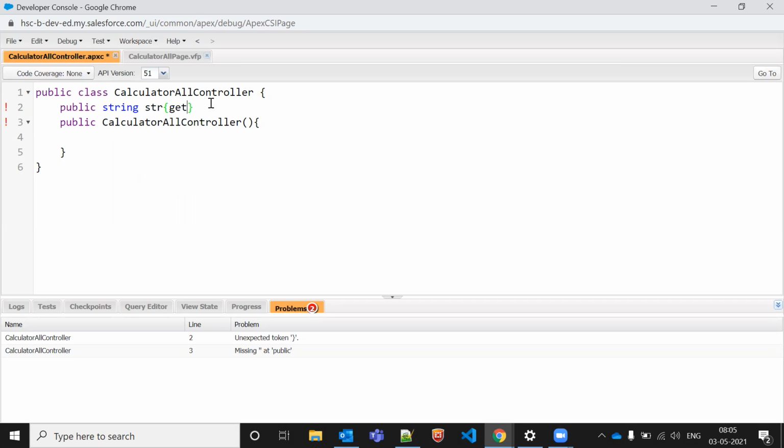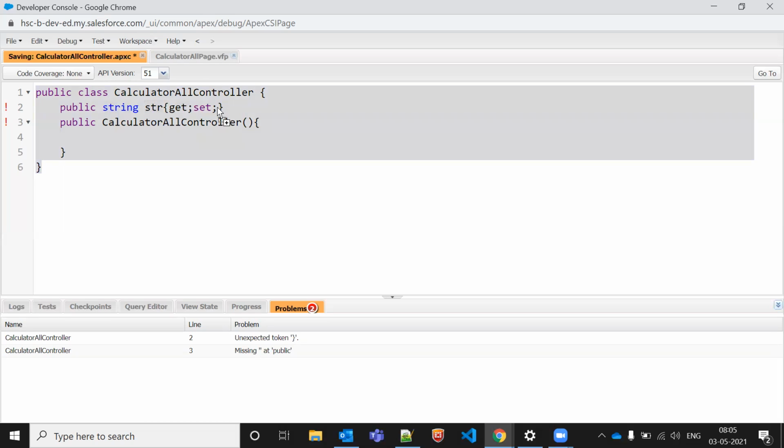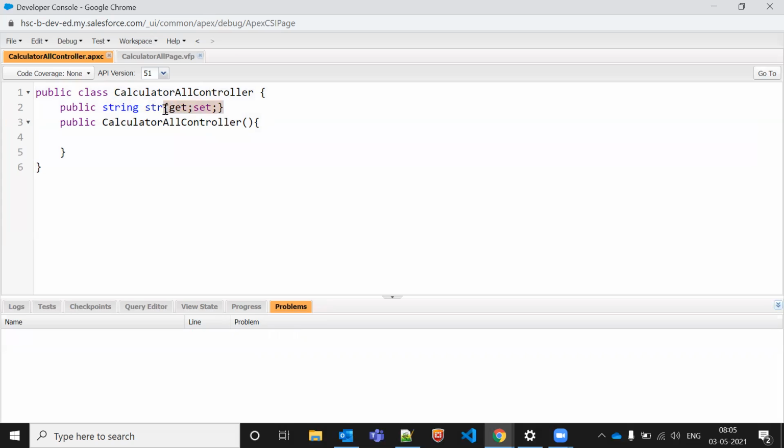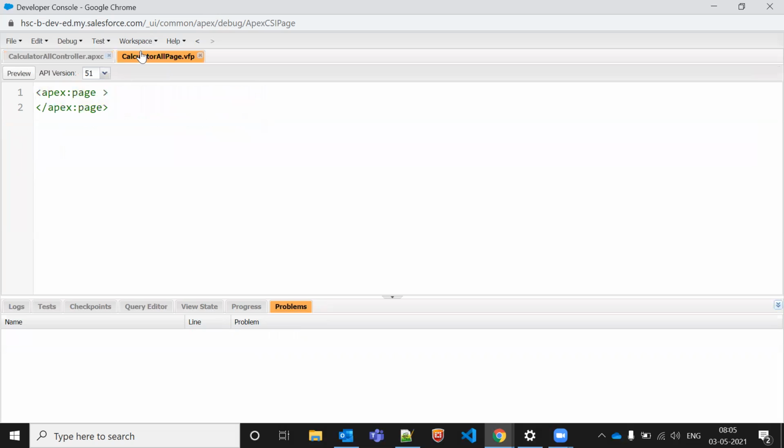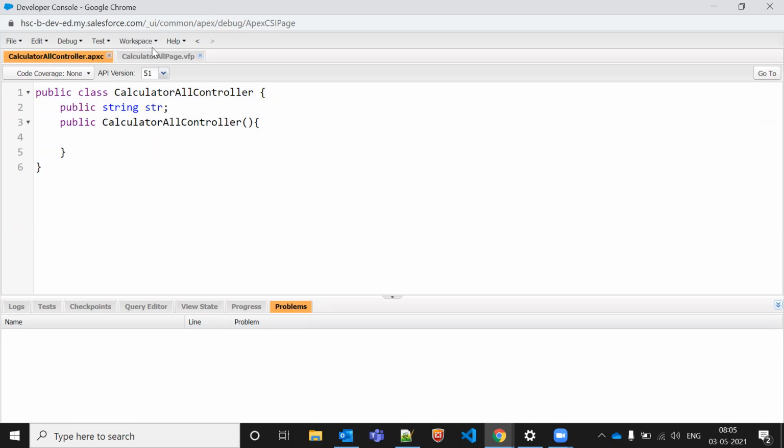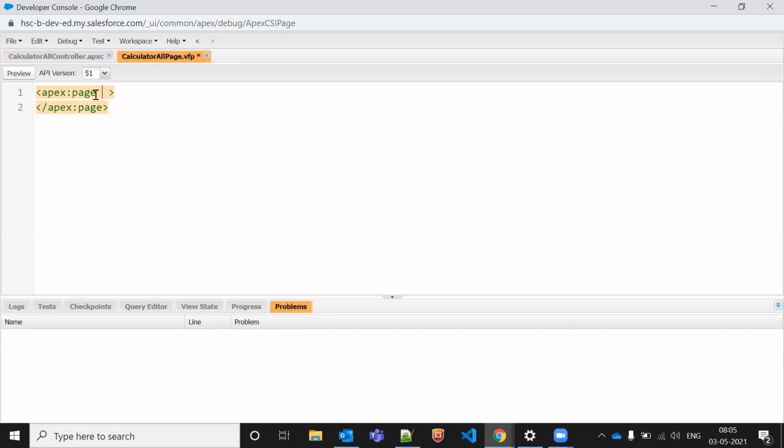So here I'm writing our getter setter, and we'll tell you what it is later. Let me just remove this first. This is my Apex class name. I want to connect this Apex class with this Visualforce page. How will I connect? I'll write a controller, because we are going to call a controller here. This is my controller name, so I copied the name and pasted it on the top. Now I connected my Apex class with this Visualforce page. Otherwise both are independent; now both are dependent because I called the class name.